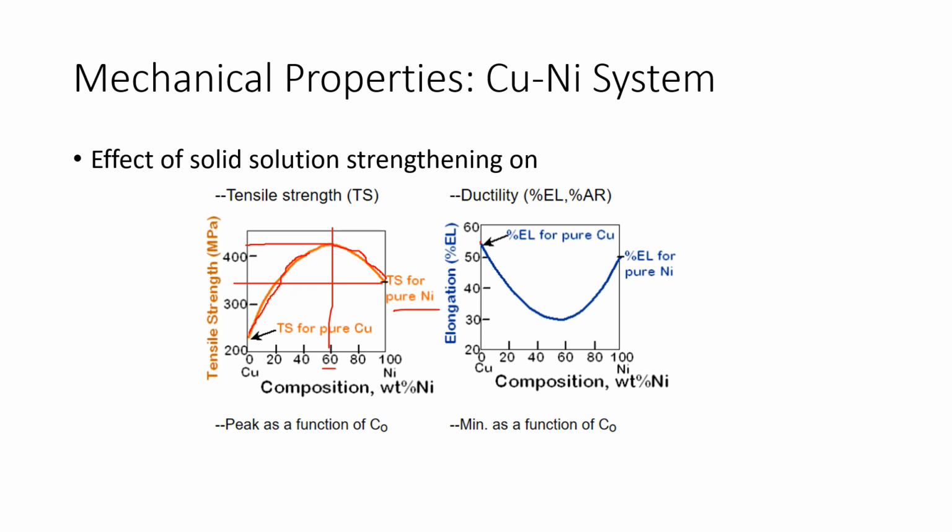Similarly, the ductility decreases: the elongation decreases from 55% to a minimum of 30% at the same point, or the same composition. The ductility decreases, the elongation decreases, while the tensile strength increases when we further add